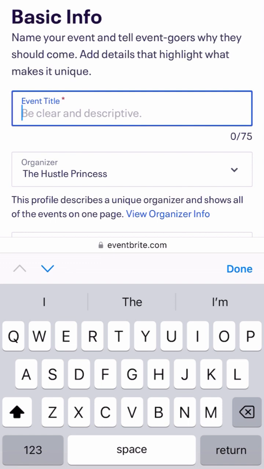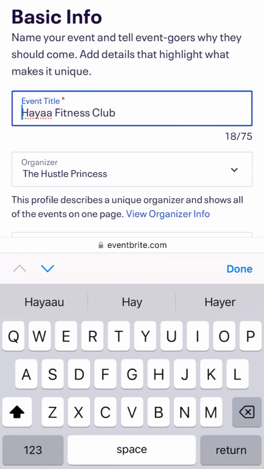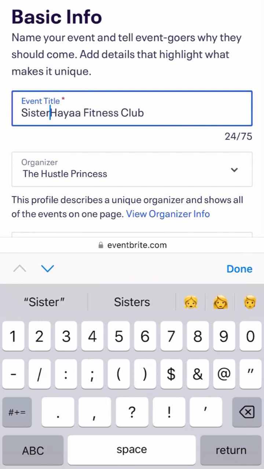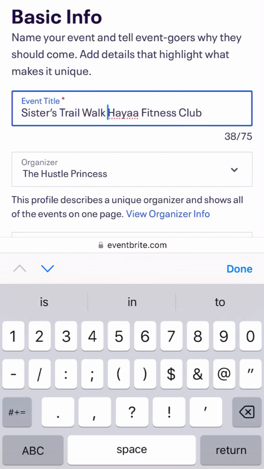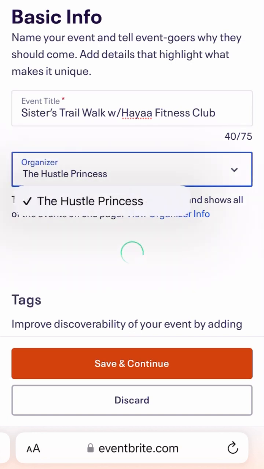So I just put this in as a sample title because it might be a little bit different. And of course, you can always change it for event to event. And then the organizer, of course, would be Haya Fitness Club. So that would be the same thing that will pop up as you actually set up everything. Let's see. So I was trying to figure that out a little bit, but that's the event title, the organizers, and then it will also give you the option to drop down.